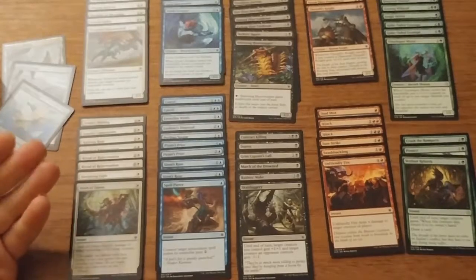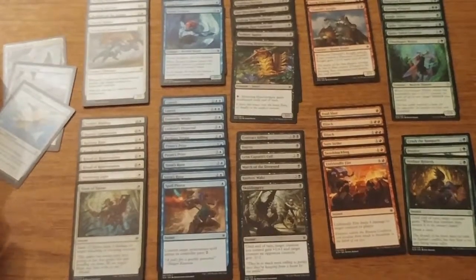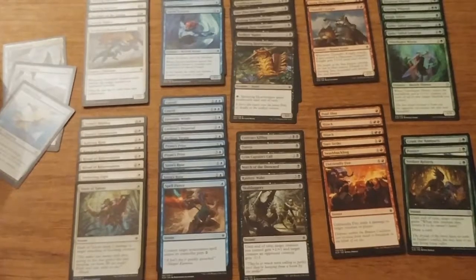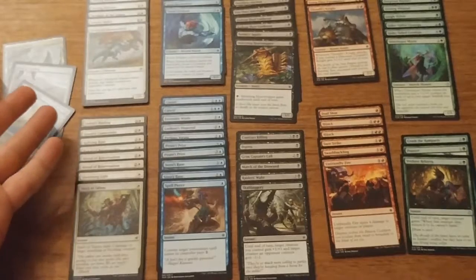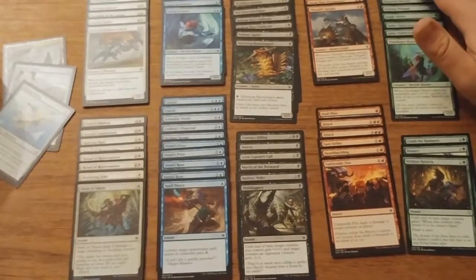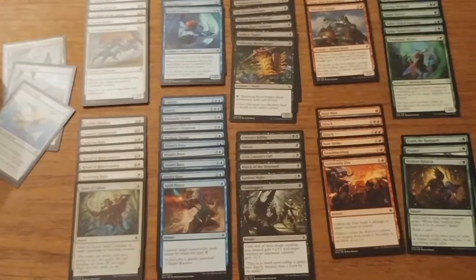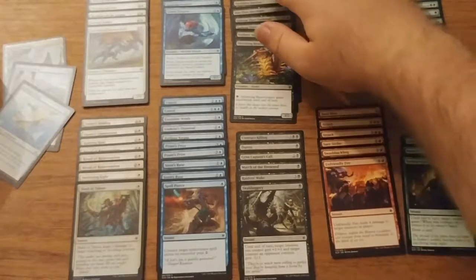Okay, looking at the pool, you might notice that there's a little bit of a problem with there not being a whole lot of creatures, especially in white. It was not a great pool. It was kind of awkward, to tell you the truth, trying to build, especially when I was right across from